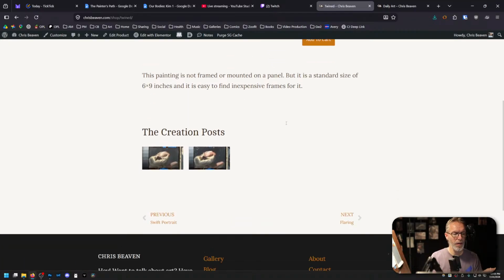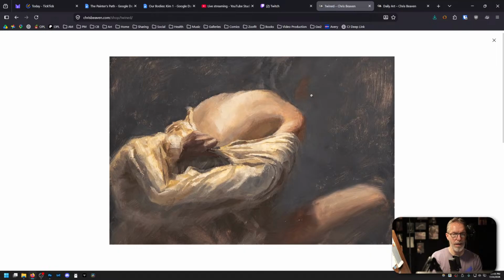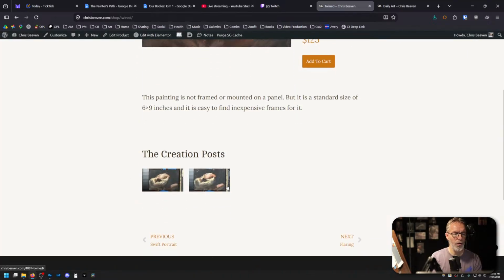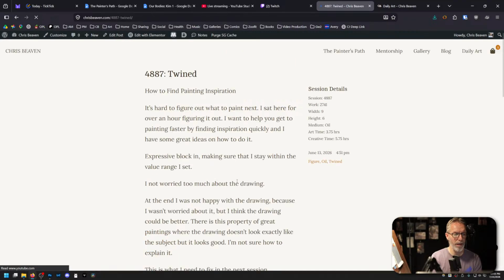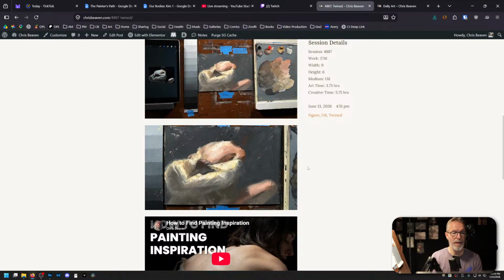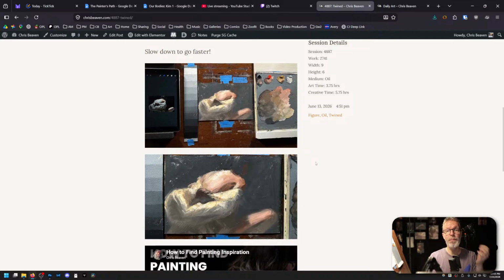And one thing that I do on my website here, if you go into any of my paintings, of course you could buy my paintings, and I don't need to get into that, but when you scroll down, it'll have creation posts associated with it. For instance, this painting just took 2 days to paint, which was actually pretty cool. I didn't realize that I got it done so quickly. But the great thing about what I'm doing on my website, and you can do it more simply in other ways,